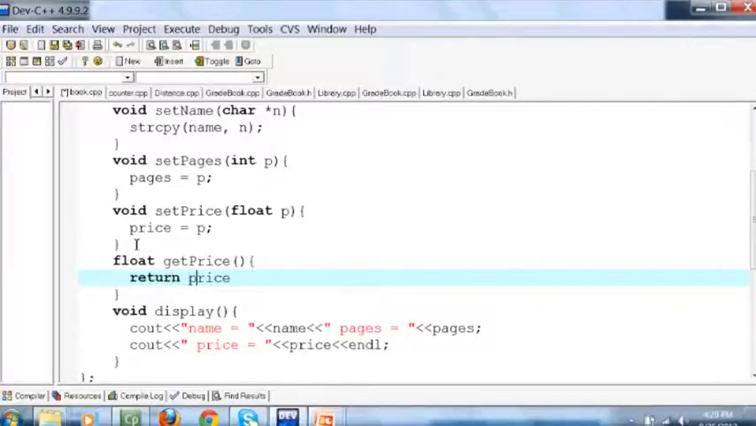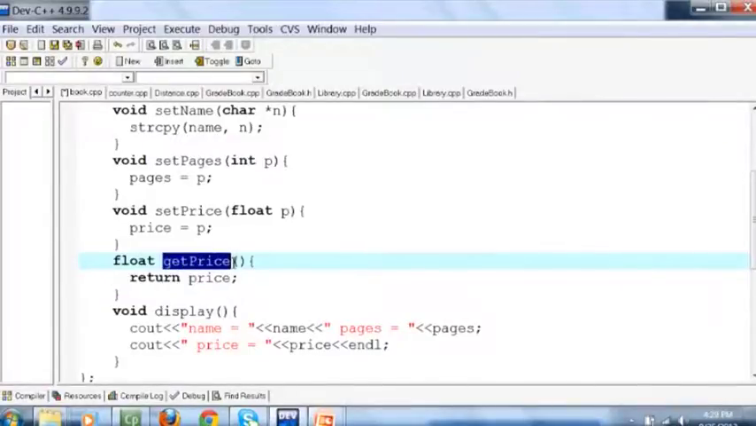Return price. So जिस ऑब्जेक्ट के साथ आप गेट प्राइस का फंक्शन कॉल करेंगे, उस ऑब्जेक्ट का जो प्राइवेट डाटा मेंबर है प्राइस, उसकी वैल्यू ये फंक्शन रिटर्न कर देगा, राइट. सो दैट इज द एक्चुअली द गेटर फंक्शन. ओके,